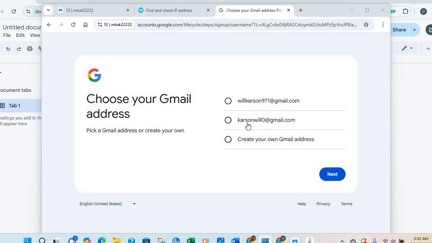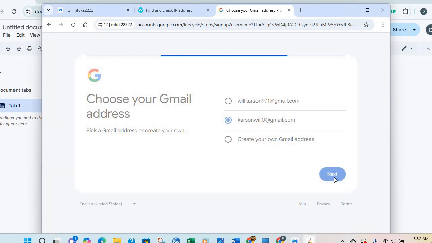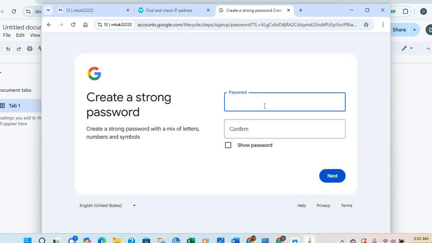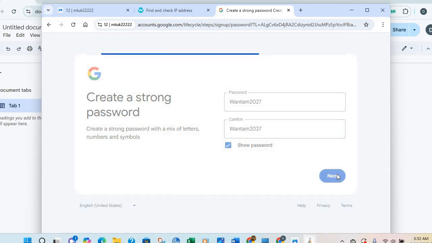So which one can we choose? Let's choose Carson Will at 0, like this one. Then next. So let's create the password. So we can use one term 2027. I'm going to change it, so confirm it. So next,